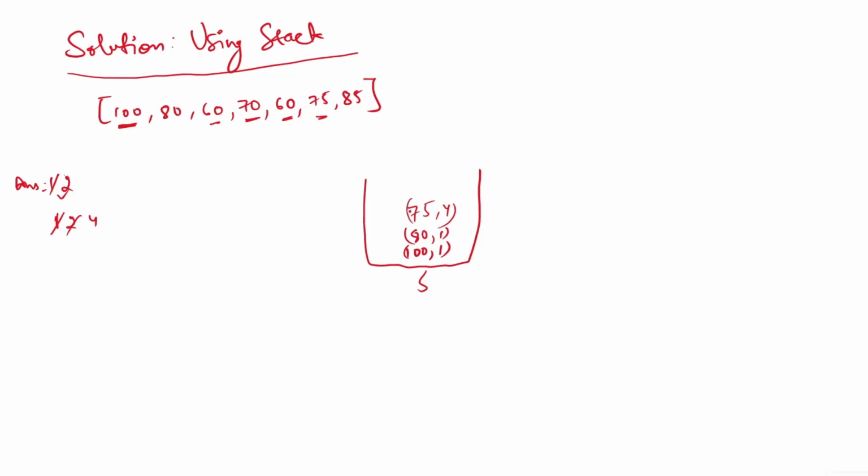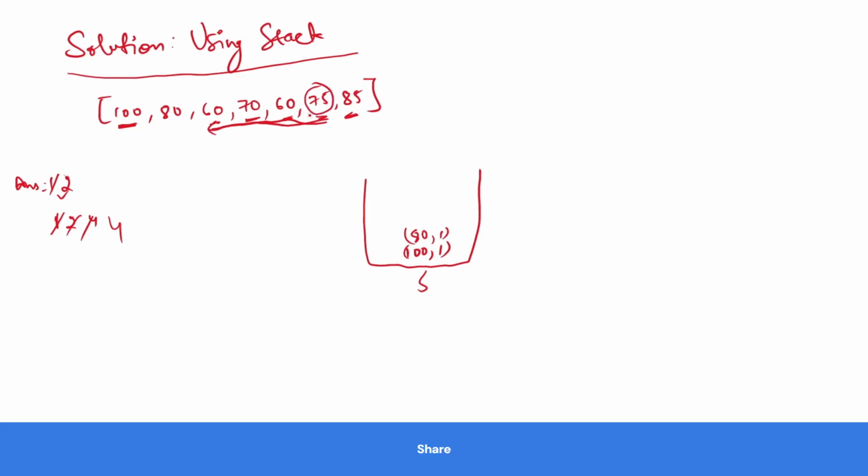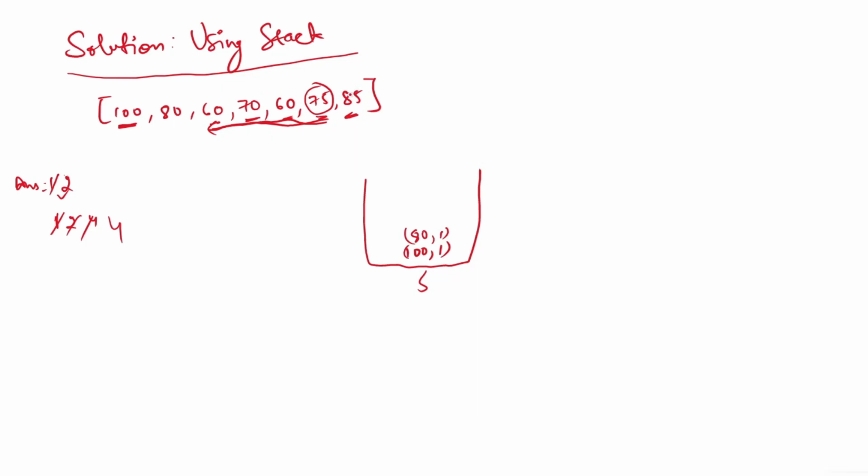Now the final thing, when I come to 85, my minimum answer will be 1. I will always start from 1 because the minimum answer will be 1. Now is 75 smaller? Yes, it is. Then what is the answer of 75? 75 is 4. So I will add 4. In that case, you can simply see that rather than calculating and checking all of these, if this is smaller, then all the elements smaller than this are also smaller than 85. So we are storing in that way. Now 1 plus 4, our answer will be 5.